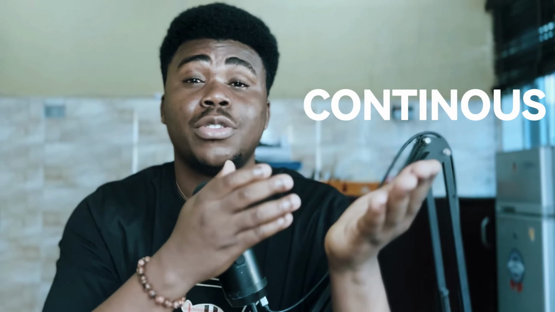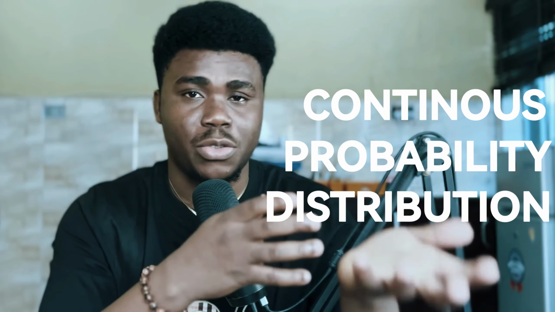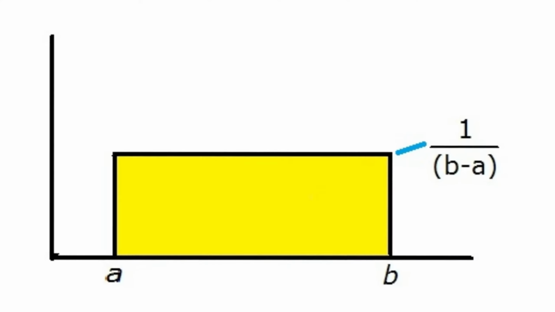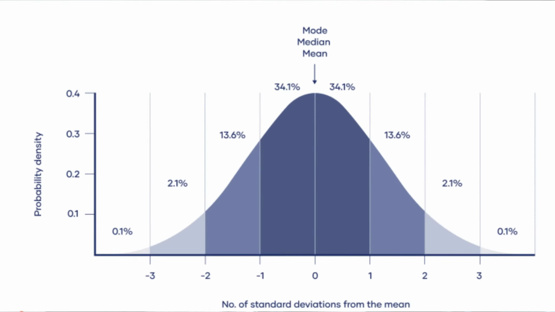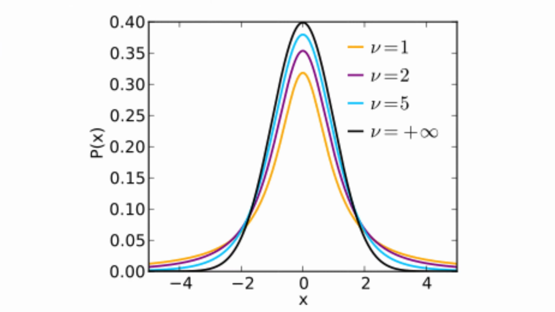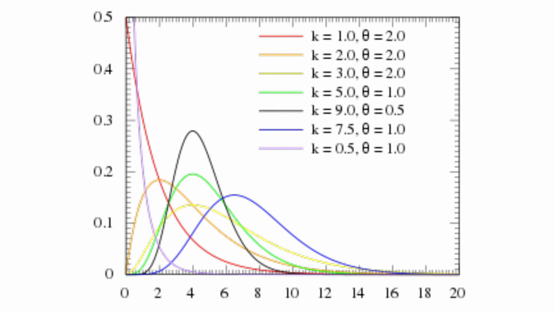Now, when the continuous random variables come together with the probabilistic value attached to each of them, then we have what we call a continuous probability distribution. We have several types of continuous probability distribution, a lot of them. I'm talking about the uniform distribution, the normal distribution, the exponential distribution, the t-distribution, the chi-square distribution, the gamma distribution,